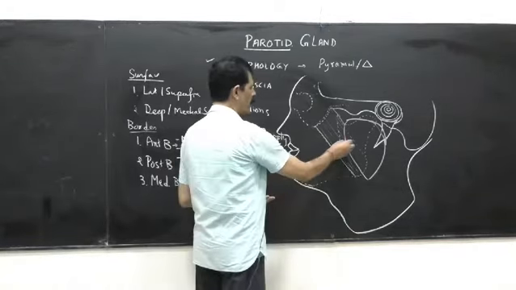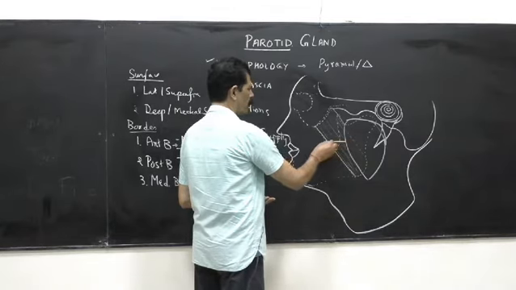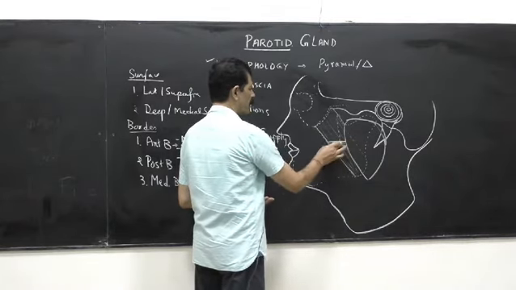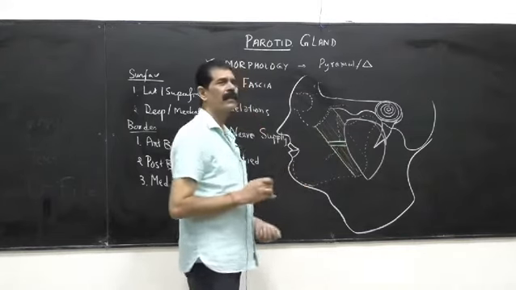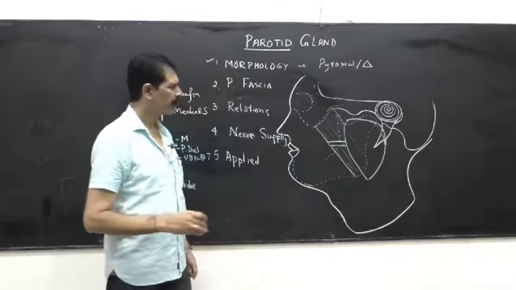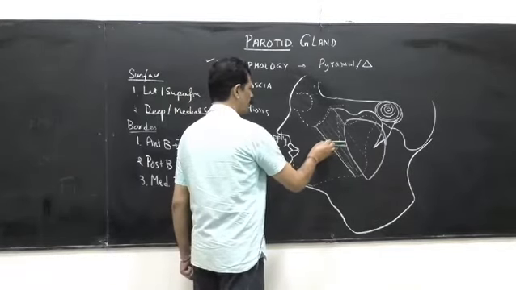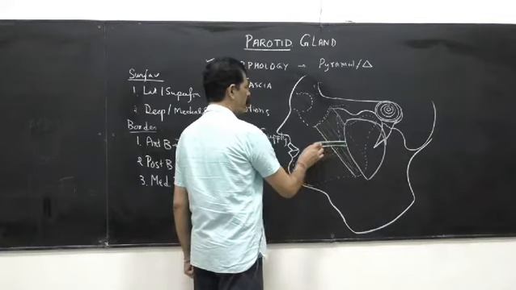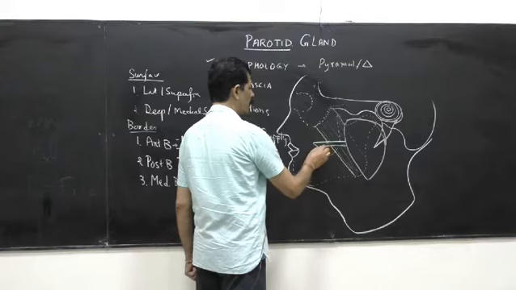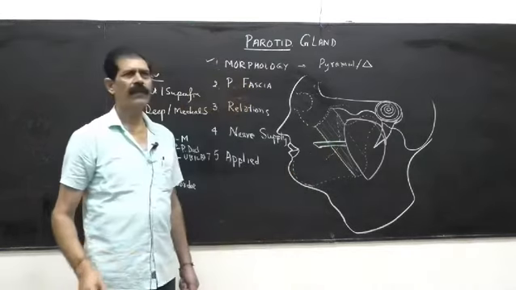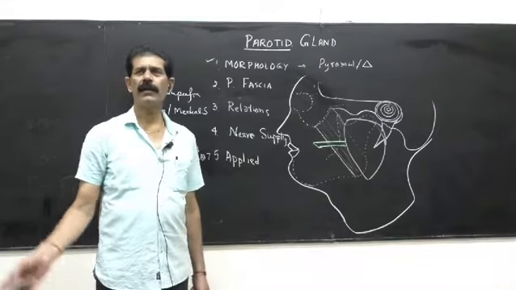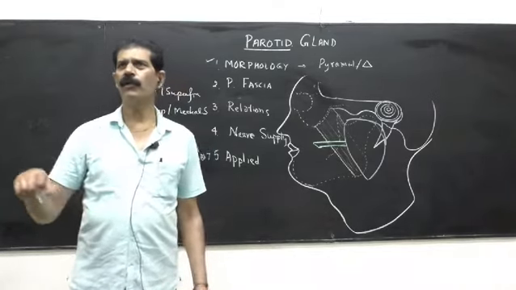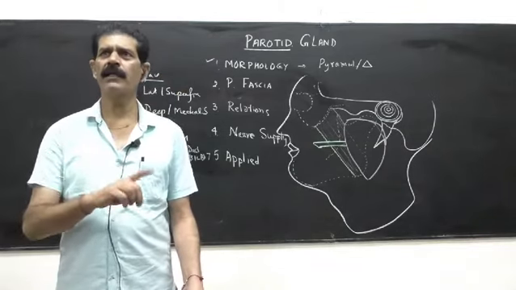This parotid duct runs over the masseter muscle, and when we clench our teeth, we can roll this duct. It is quite thick, and this duct is 5 centimeters long and runs obliquely on the face from the anterior border of the muscle as well as the anterior border of the gland. So it is related to the anterior border of both the gland and the muscle.